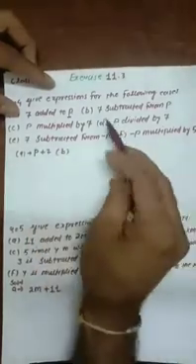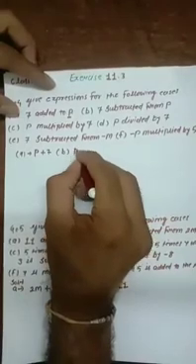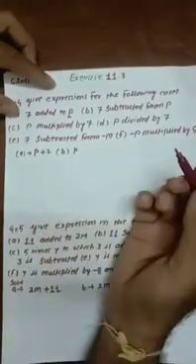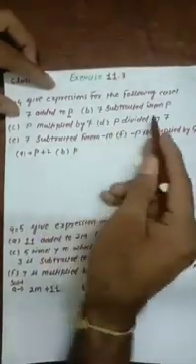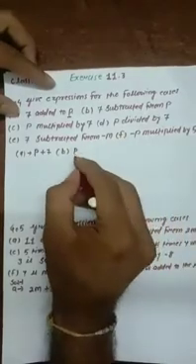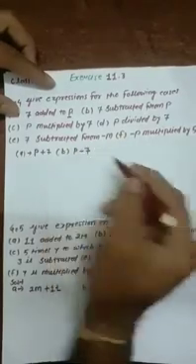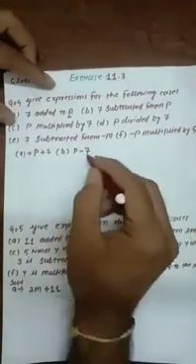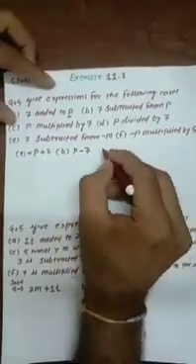In part b it says 7 subtracted from p. Again p is a variable and it could have any value, we don't know, but we can subtract 7 from p. So p is a variable, we subtracted 7 from p, and this will be the second expression. Come to the third one.